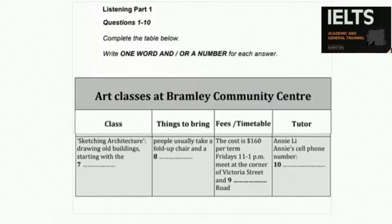It's 021 785 6361. Just text her if there's a problem. Now, how would you like to pay? We can do cash or maybe...